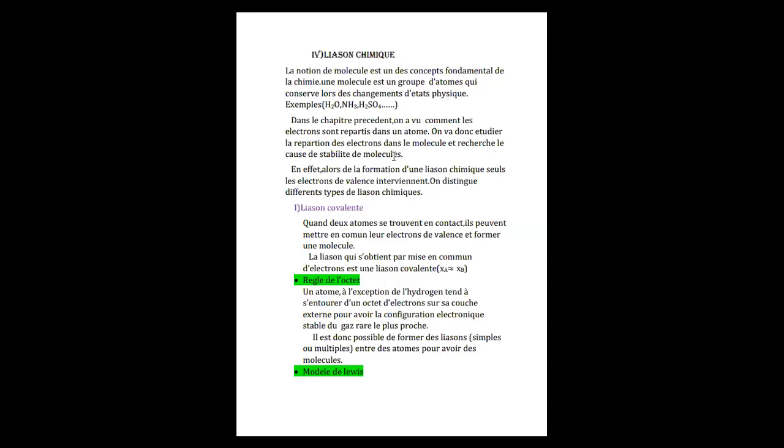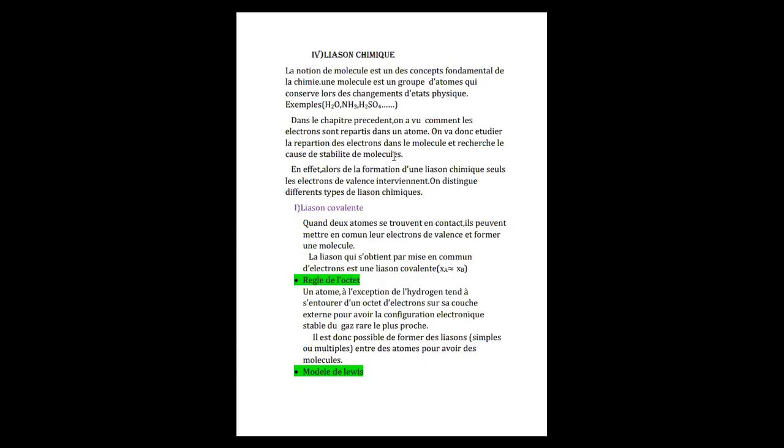So now we are going to study how these electrons are arranged in a molecule, in atoms which are bonded together. How are these electrons arranged in atoms bonded together? And we're going to also search for its stability. When I say search for its stability, we know that atoms come to bond together for one main reason, for it to attain its stability. So we're going to search for its stability. For this atom, how many other atoms are needed to be bonded to it for it to become stable? That's what I mean. For example,